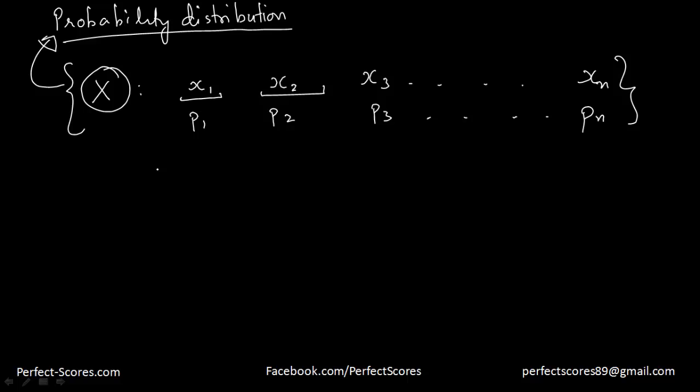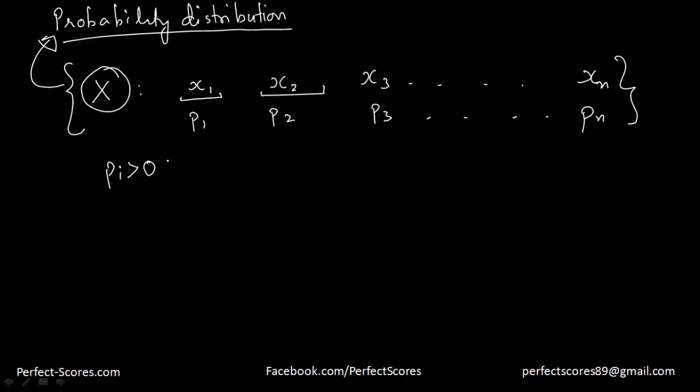Now another thing we have to understand here is that all these probabilities are definitely greater than 0. We will not be catering to some value of x whose probability of happening is equal to 0, because then it doesn't make any sense. Then you'll have unlimited values there. So you'll only have those values whose probability is greater than 0.